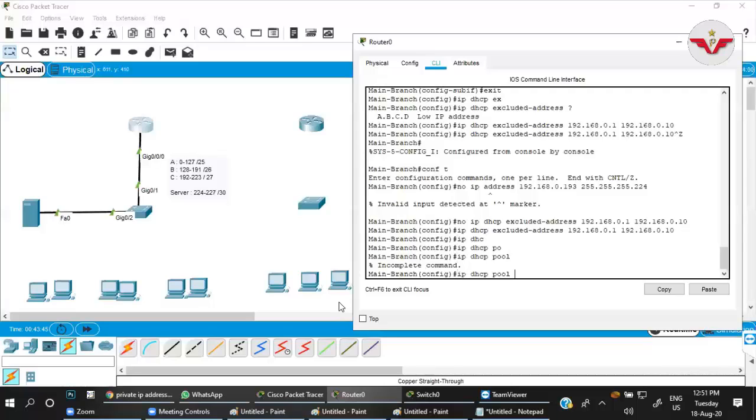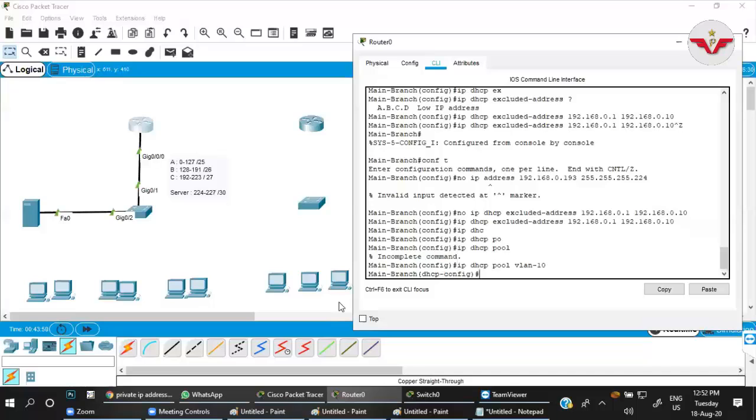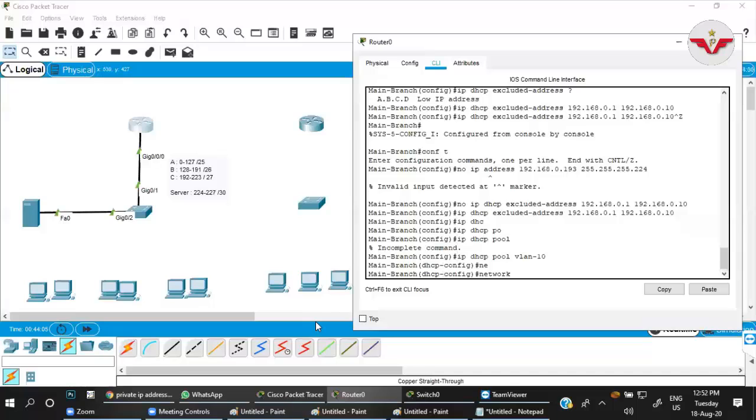Sorry, IP DHCP pool. You can give any name, VLAN 10, because I'm creating this pool for VLAN 10. You give the name just to identify, so you can understand for what network you have created that pool. So the name of the pool is VLAN 10. The network which I am going to run in that pool is